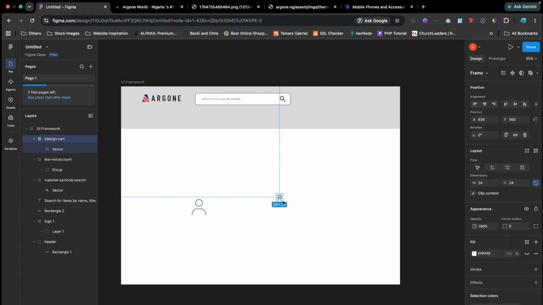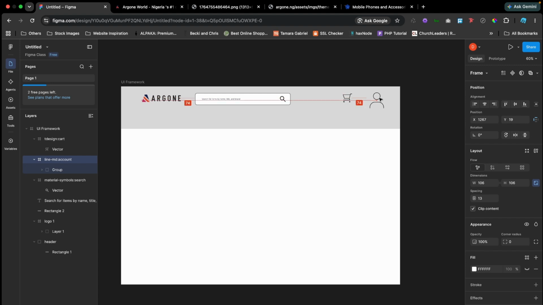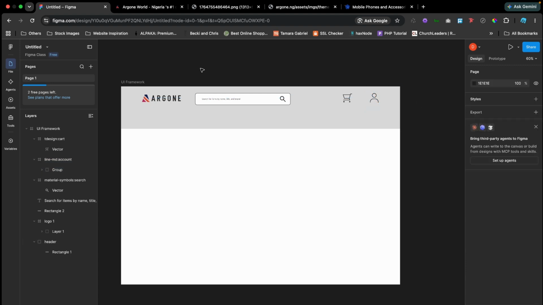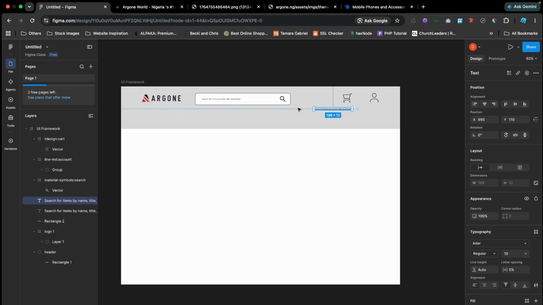Okay, now we have this done. Let's just move this up, reduce the sizing, take this one to there, reduce the size, right? I think they are good. So we'll just look for text. So I'll just duplicate this text. Now